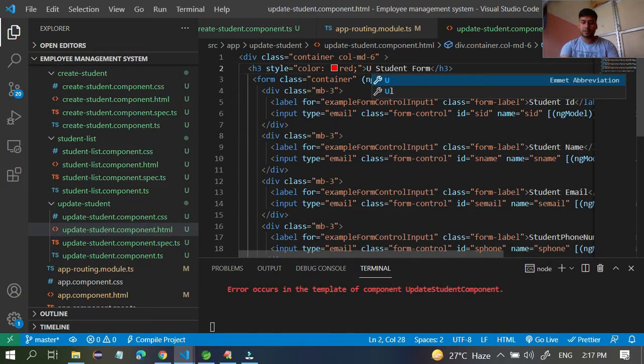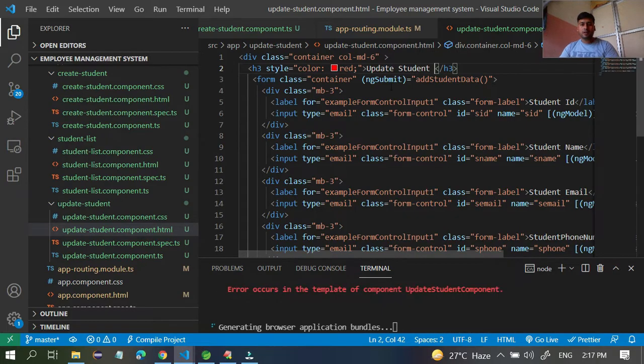Yeah, update student. Update a student. And inside this I have created one method called add student data. So I will change this one to update student data.